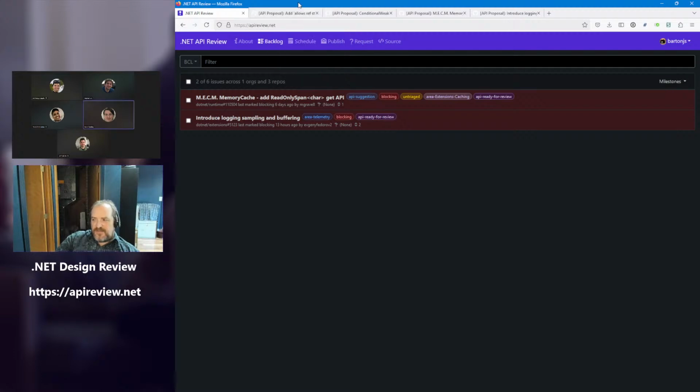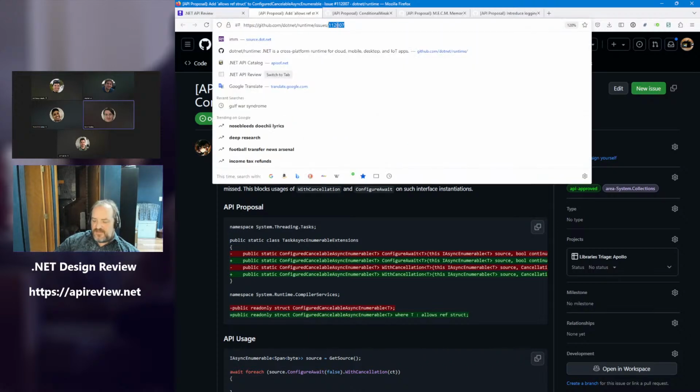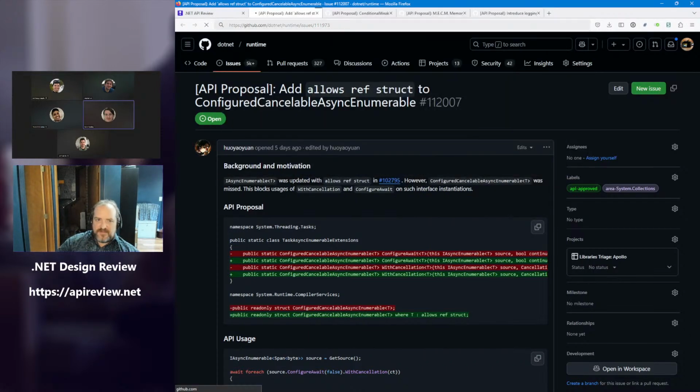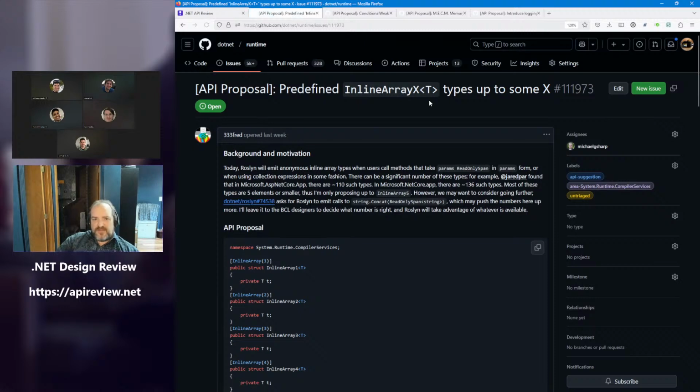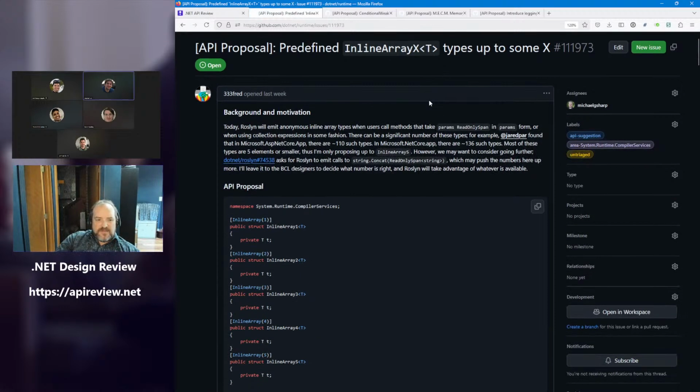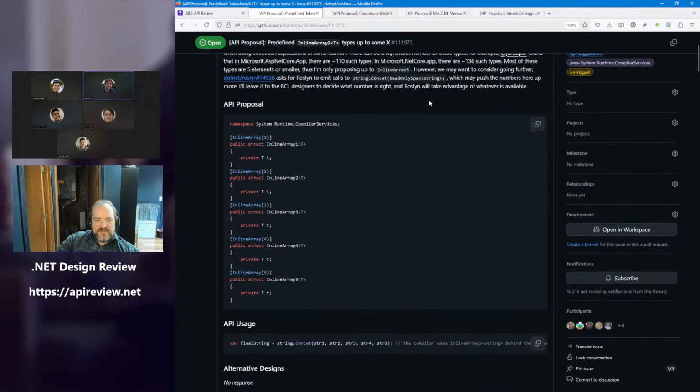That's 111973 if we do want to do it. Otherwise, we can just wait until Jan gets to it. We might want to do some more data gathering as well, to know exactly. We have the data from ASP.NET Core and .NET Core apps. And I know you posted some data from some of your projects, but the question is really